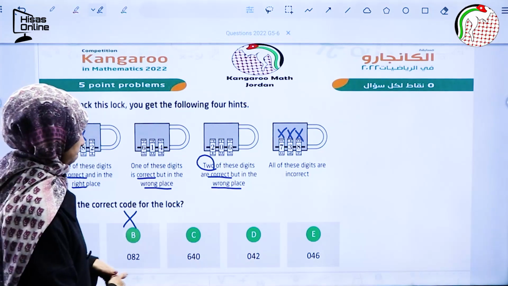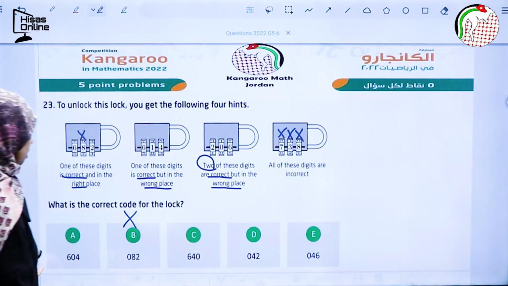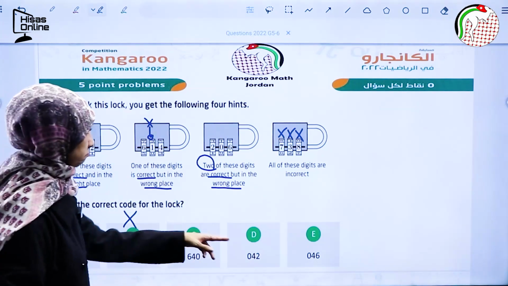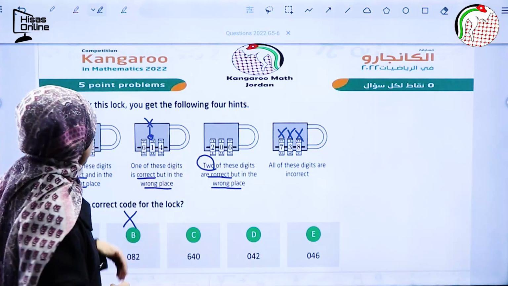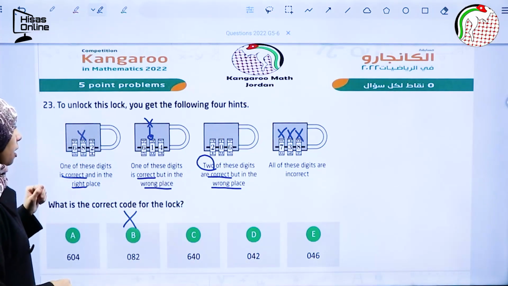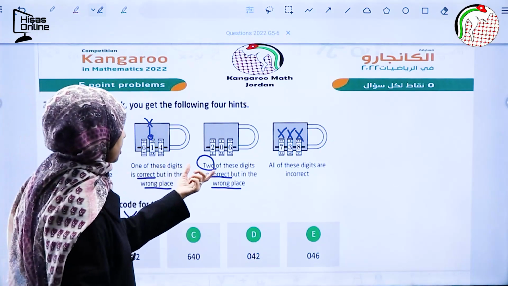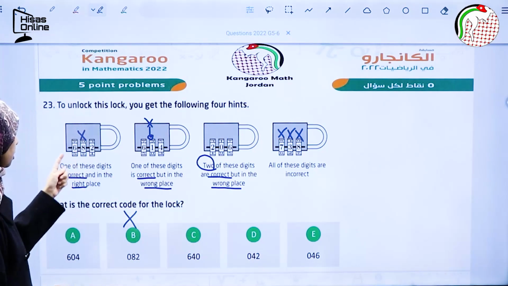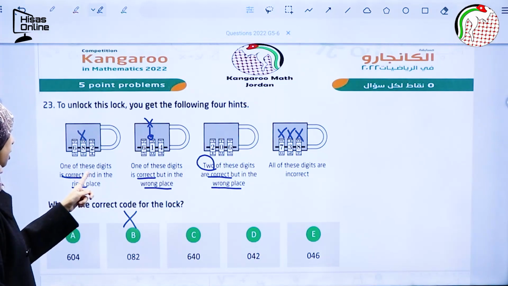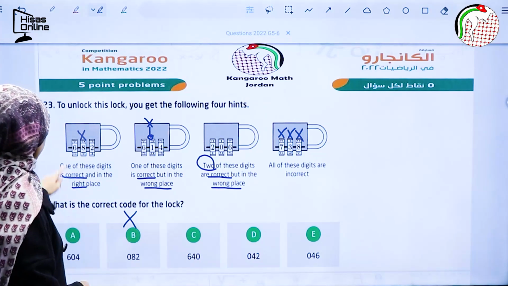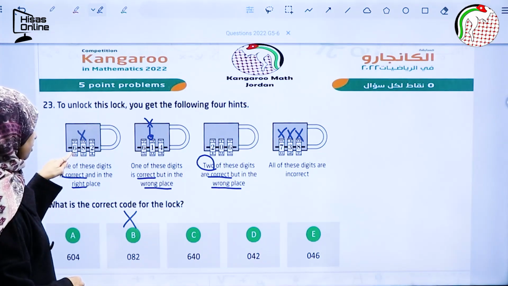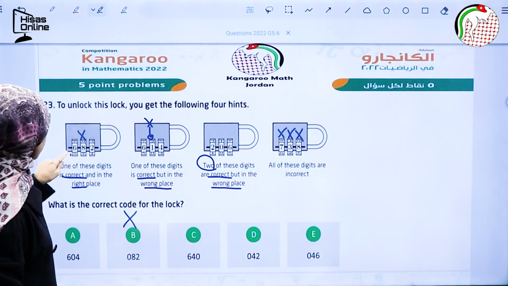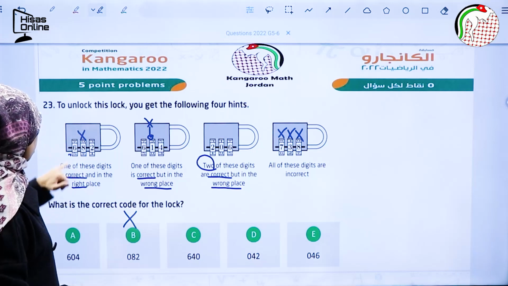Now, from the options here, I couldn't see 1, so also 1 is excluded. Okay, so I have other numbers, and let's see. Here, they said that one of these digits is correct and in the right place. If I see that here, if I assume that this is 6 here, so 6 is correct and in the